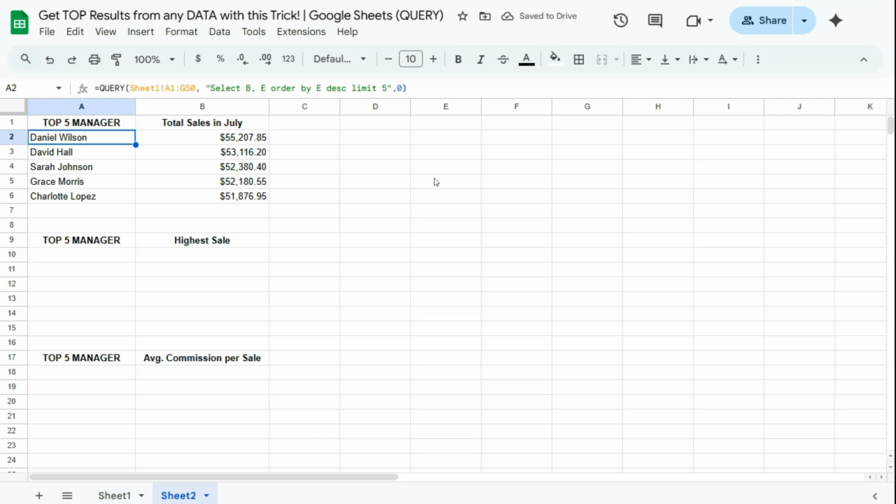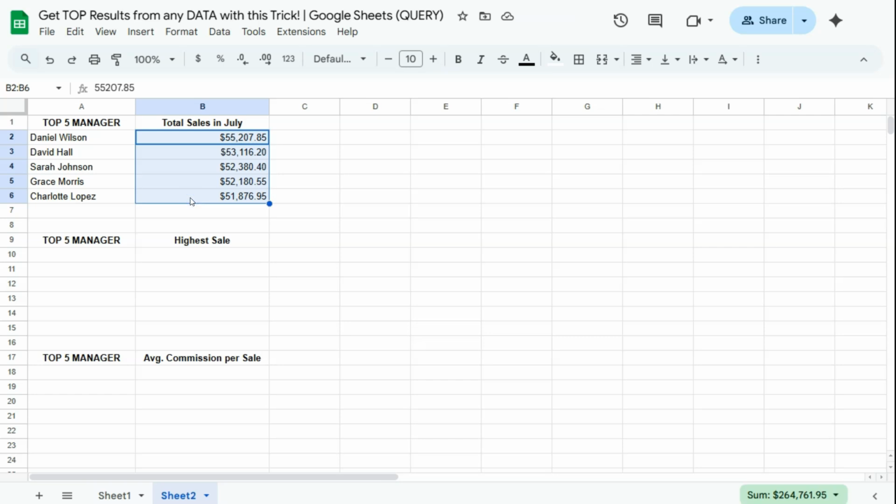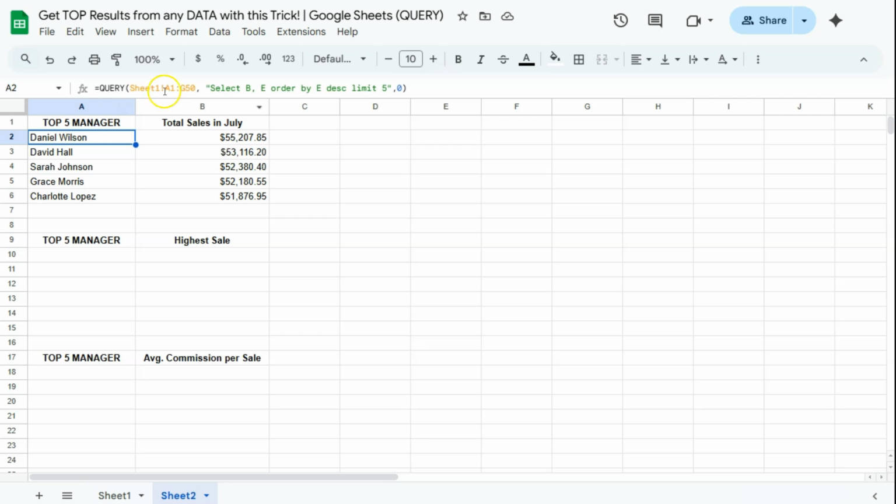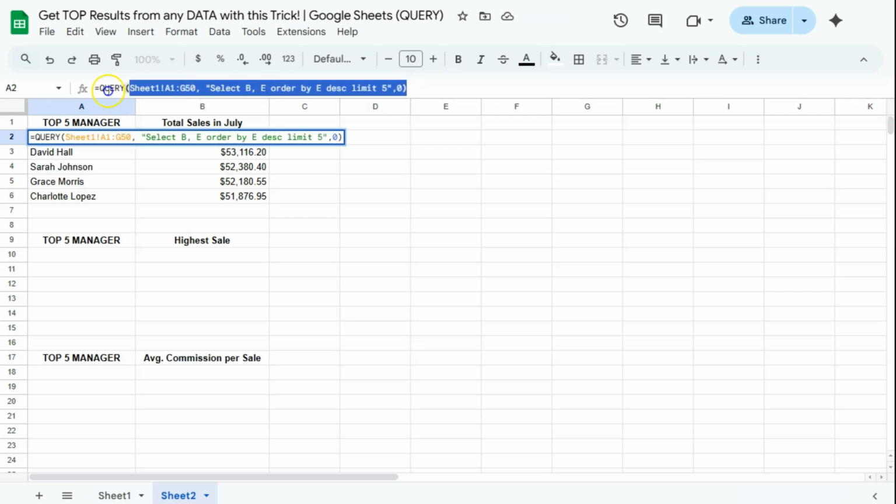So we have the top 5 managers based on their total sales. We have these names right here and their total sales. There you have it. Let's try that again. And what I'm going to do is to just copy this formula right here. But before I do that, I want to make sure that this cell reference doesn't move. So I'm just going to lock it in by pressing F4 on my keyboard. There you have it. We've added those dollar signs to all of our cell reference for our data. So let's go ahead and copy